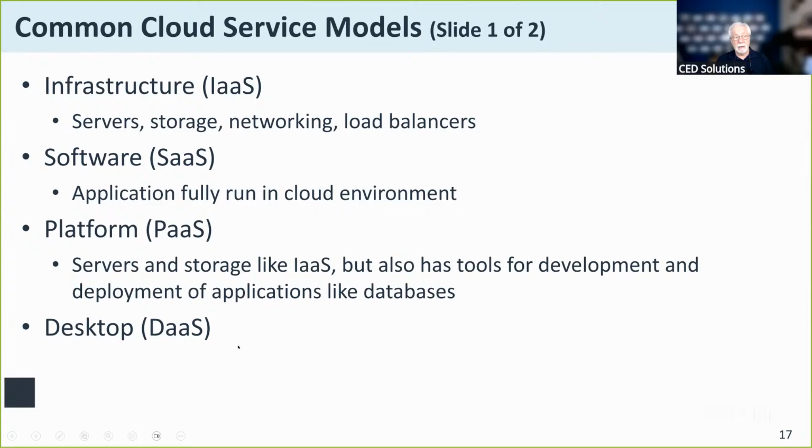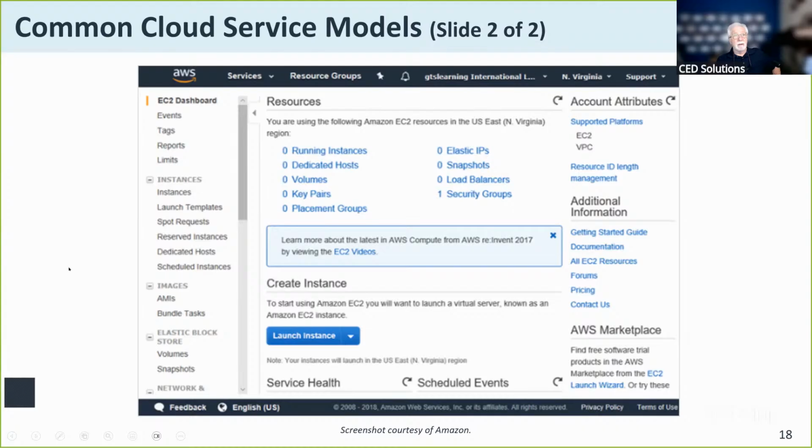And then there's desktop as a service. Now, this is a relatively new thing that we've seen come along. This used to be sort of rolled into combinations of these other three, but they've got it set aside now, where you have very thin access on the system that you are logging in and using, and then the desktop configuration is done completely in a cloud-based environment, everything on it. Very, very similar to the infrastructure as a service type of model,